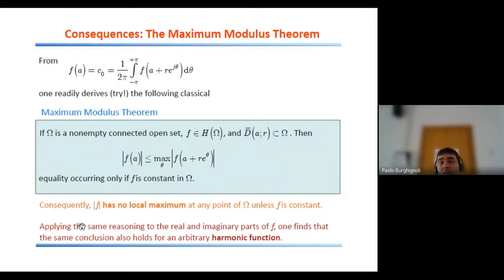If you apply the same kind of reasoning separately to the real and imaginary parts of the function f, which are harmonic functions from the first lesson, you will discover that the maximum modulus theorem also holds for any harmonic function. So any harmonic function cannot have interior maxima or minima. And so you get, just to make a quick